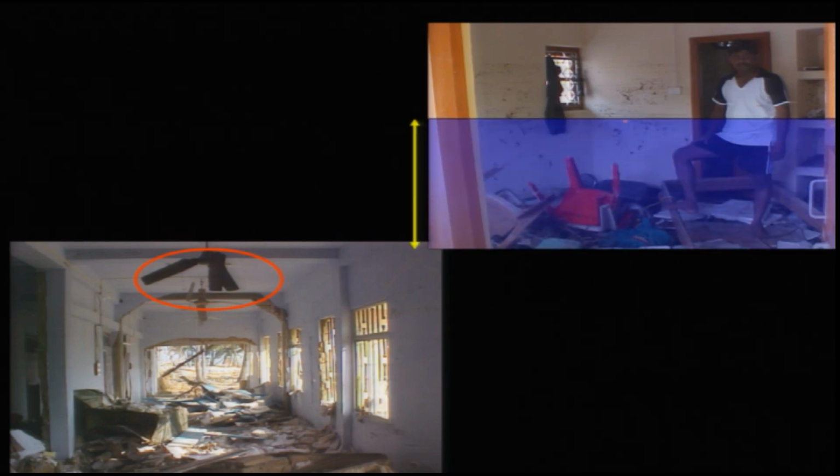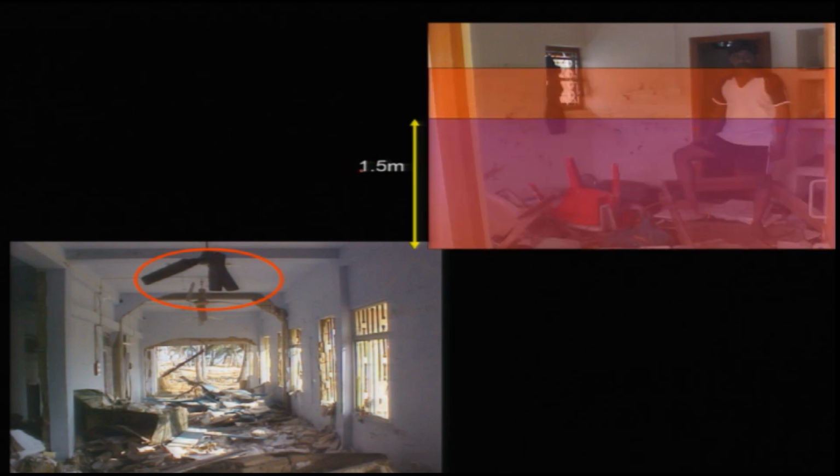And then we also looked at the signatures of the waves which came in, multiple waves. So you can judge the height of different waves from this. One wave is around 1.5 meters from this floor. If you calculate from the mean sea level, then it will be much higher than this one. Then the second one is around 2 meters or so from the floor of the house.